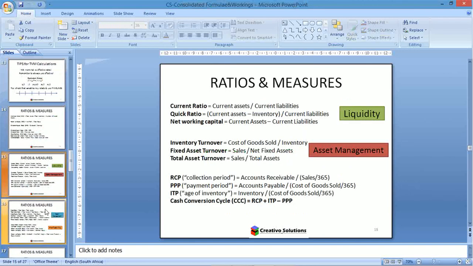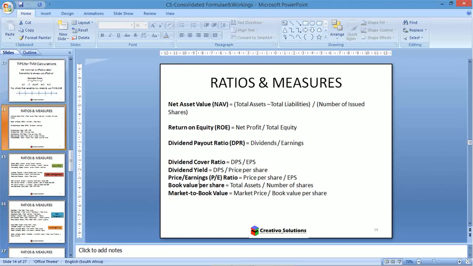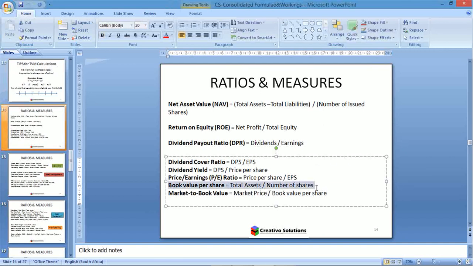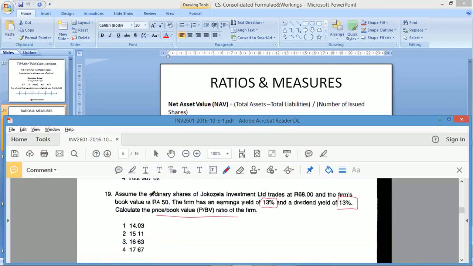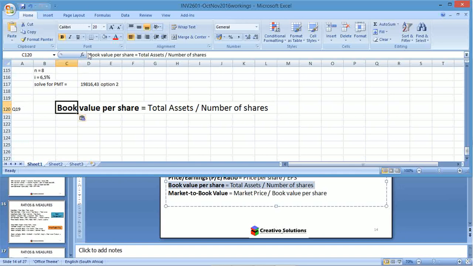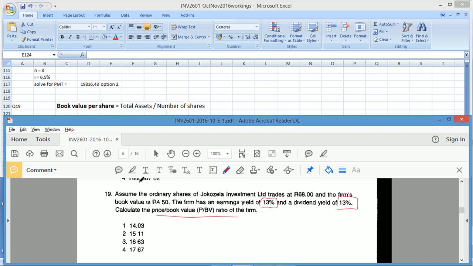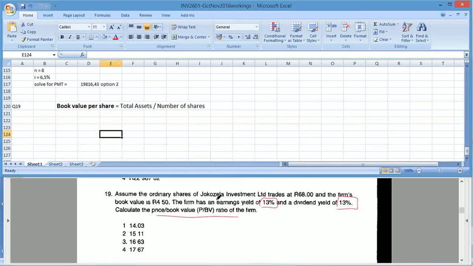Which is price to book, which is price over book value, and then I'm going to need book value. Where's my book value equation? Okay, there. Alright, so book value per share is that. Okay, and what did they want? They want price over book value. Okay, so I've got book value. That's easy. Then obviously price is price. Okay, so P over B,